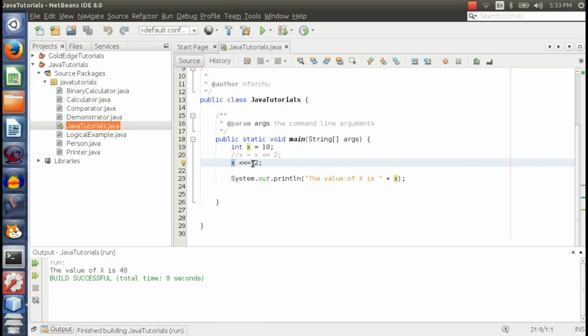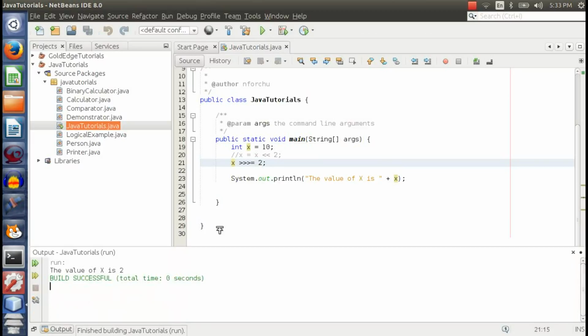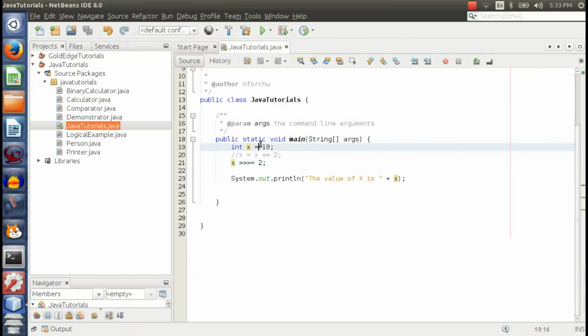And the same thing holds true for the zero-fill right shift operator. If we shift this, we expect it to give us our 2, like that. Okay, that's basically it for the compound assignment operators, and the assignment operator, which is the equal sign. But there's one thing I